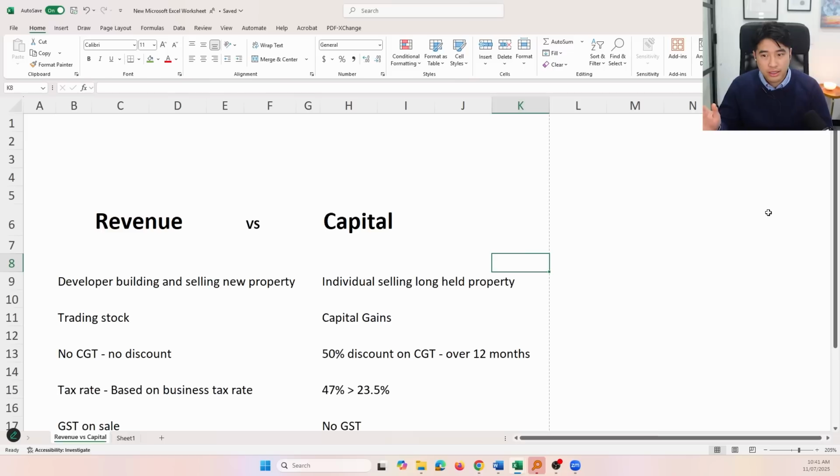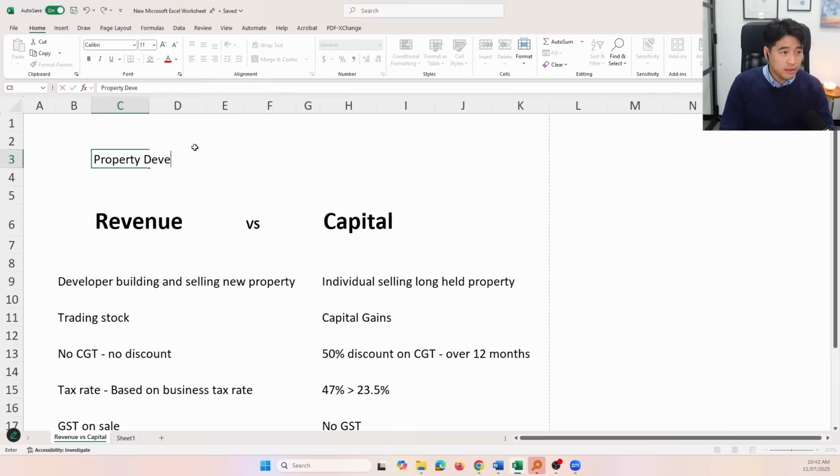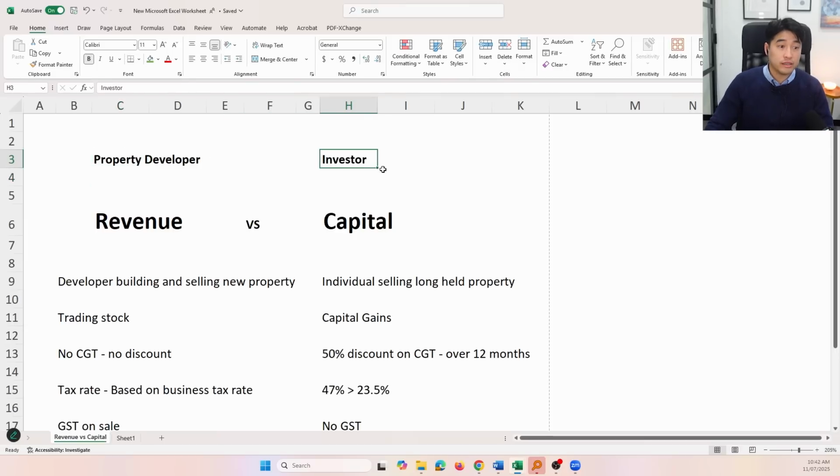Yeah, so that's how investment properties are, and that's how it has always been. I think I've done a deep dive on that before, but this one here, as I share my screen, it's all about: are you a property developer or are you classed as an investor? So the ATO has created a difference. A lot of people see this as the same, but actually there's a difference between the two.